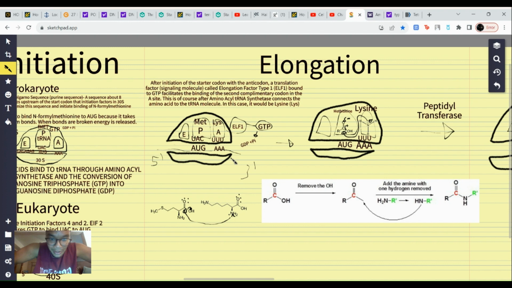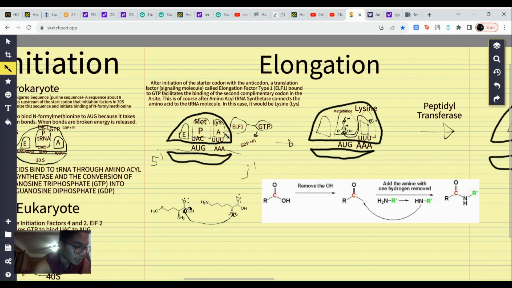elongation factor 1 is going to signal. So after this initiation step has been squared away, and the codon is matched with the anticodon, and the starter codon methionine has been established, you move to the A site where the next codon is going to pair and bring with it the amino acid that has been connected to the tRNA,